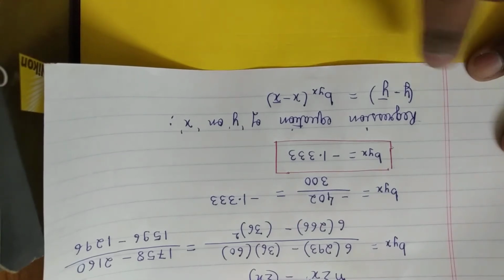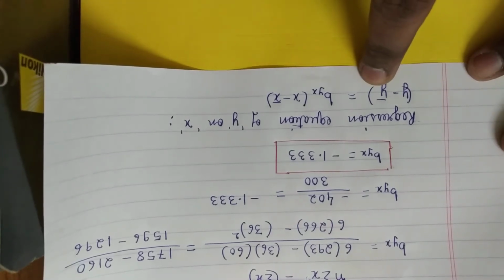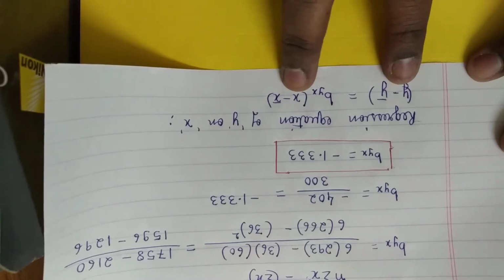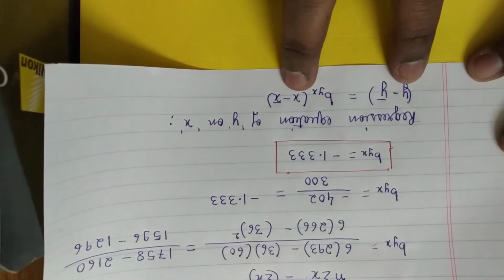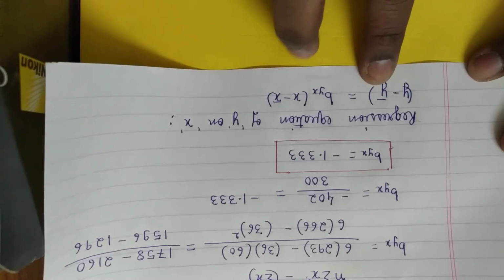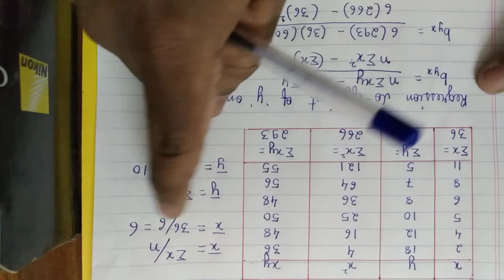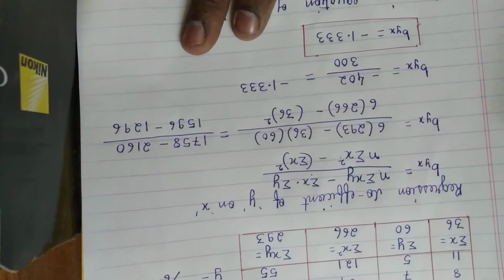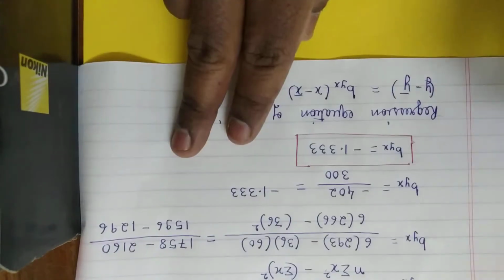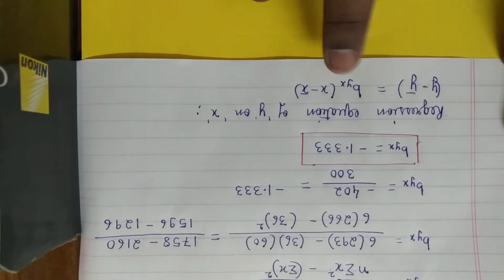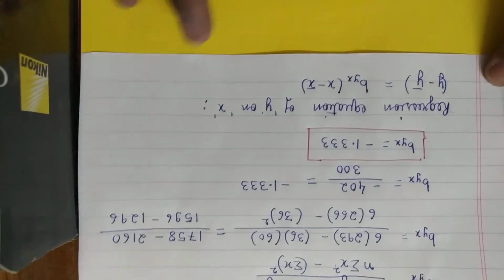Now just substitute y minus y bar. See, it is an equation, so we need this in terms of x and y itself. So x and y are unknown. You know y bar, you have found out here. Similarly, x bar also you have found out here. So once you have found x bar and y bar, and also this, you will get an equation in terms of x and y. So we'll just substitute this and see.